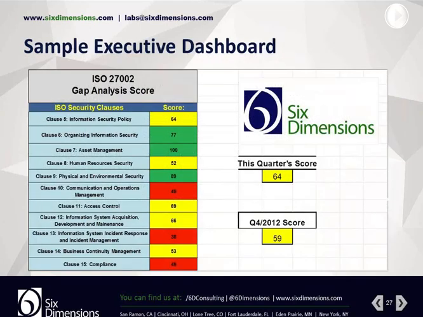Here is a dashboard. This goes along with that scoring that I had for IT security policy. I can actually go through all the clauses of ISO 27002, come up with composite scores for each of these particular areas. I can color code them for very quick digestion by executives who can see that I have some of these particular categories that are doing well, and they're in green. Some are doing okay, but still need improvement. They're in yellow, and others that definitely need some attention, and they're in red.